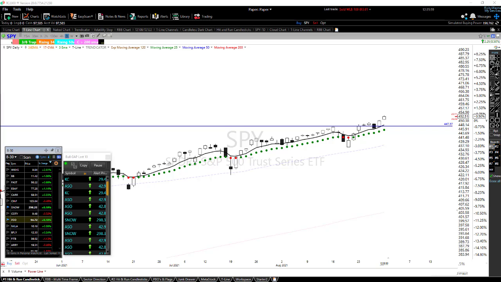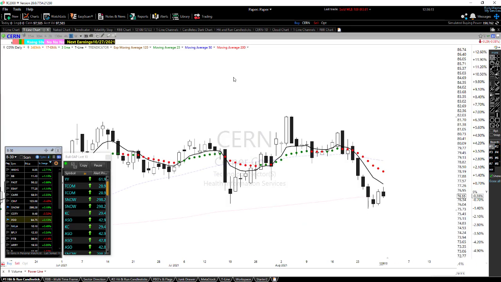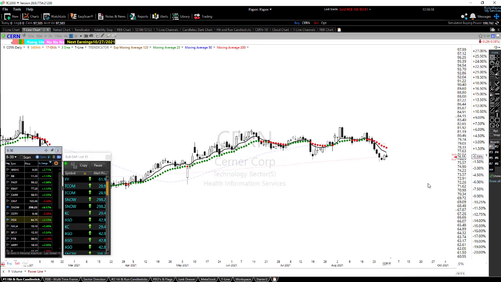Let's see, Rocky, will you explain puts, buy, sell to short when going down? Basically a put trade. Is that what you're saying here? Let's take a look at CERN. How did I know to go to this? I gotta love the scanner, right? So say I was going to buy a put on this. Let me bring this over here.